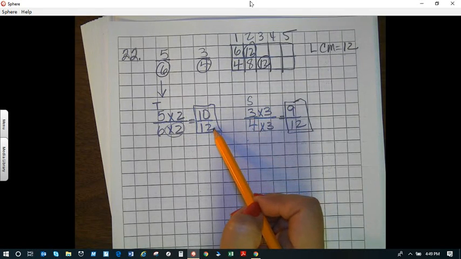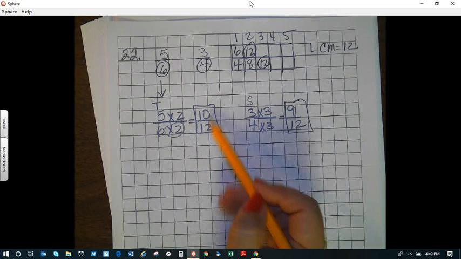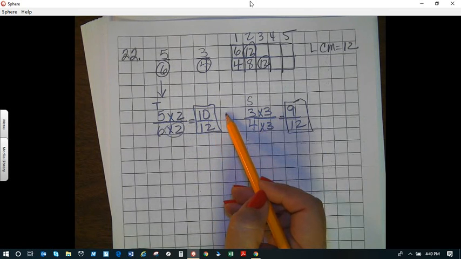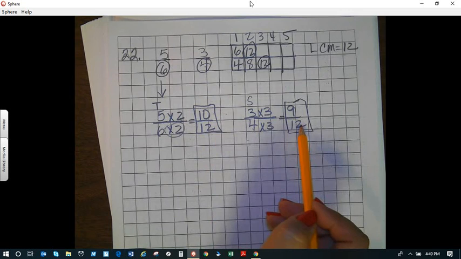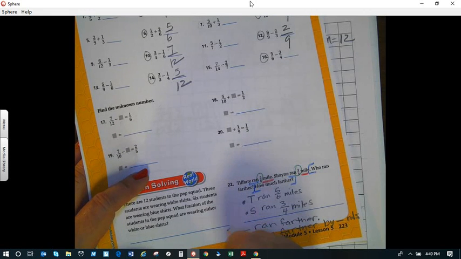Tiffany at 10/12 or Shane at 9/12? Yeah, it was Tiffany. Tiffany's only 2/12 away from being a whole, whereas Shane is 9/12 away from being a whole. So I'm going to put over here, Tiffany